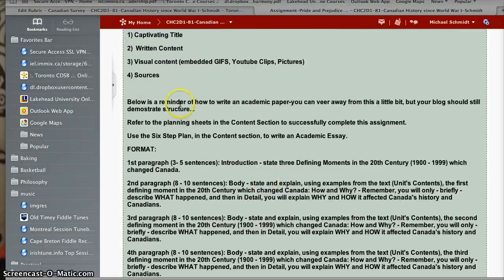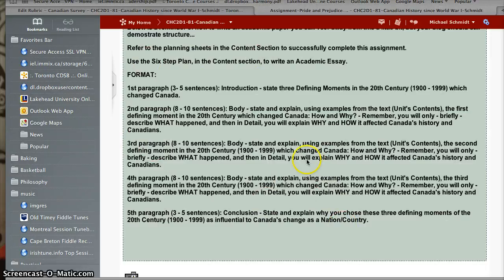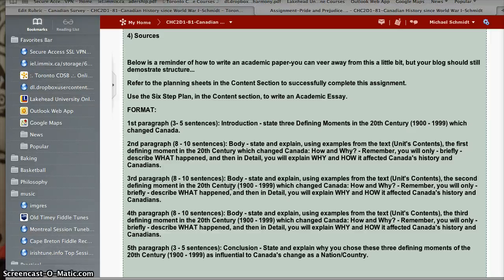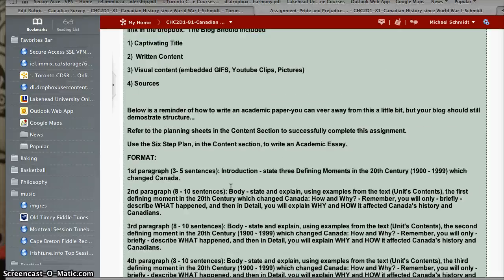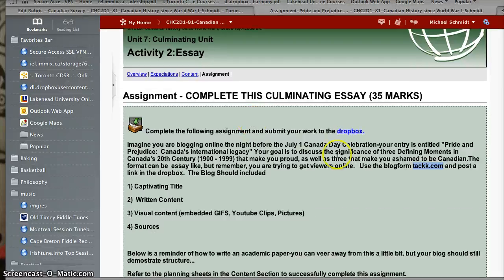Below here is included standard paragraph stuff. You don't have to really use that, but you can. You still should write paragraphs that make sense. Your information shouldn't be all over the place. You should have a thematic way of bringing everything together in terms of your 3 defining moments and the moments that make you the most ashamed. But obviously this question is not asking you to make one historical judgment where your thesis has to be really efficiently written and really precise and lay out your argument.